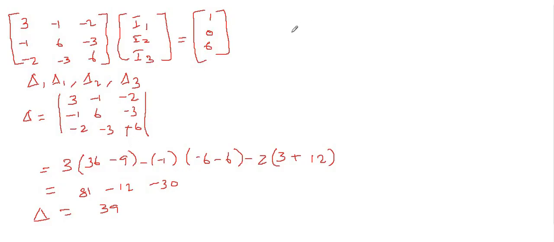Next we solve for del 1. So replace the value of V in column 1. To find the determinant, first column will be 1 0 6 and the remaining will be the same. So minus 1 6 minus 3, minus 2 minus 3 and 6. So we'll find the determinant for this, which is equivalent to